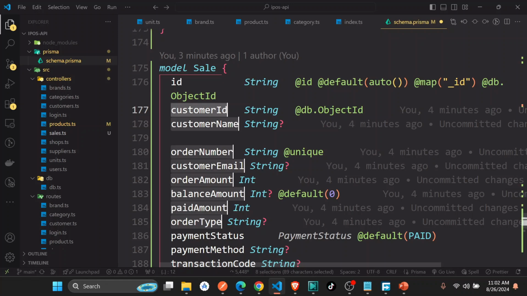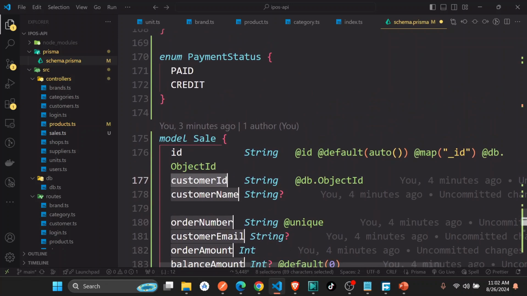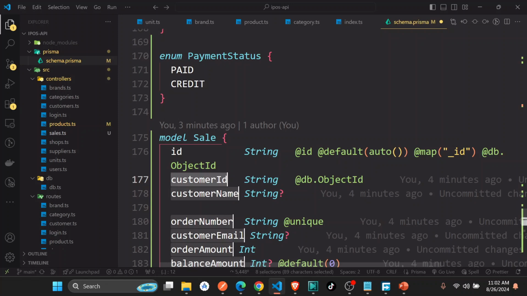What do we put in the order type? I don't think the order type is required because we have payment status. I think this payment status is supposed to be payment type. Like, is it credit or paid? I think that is like the